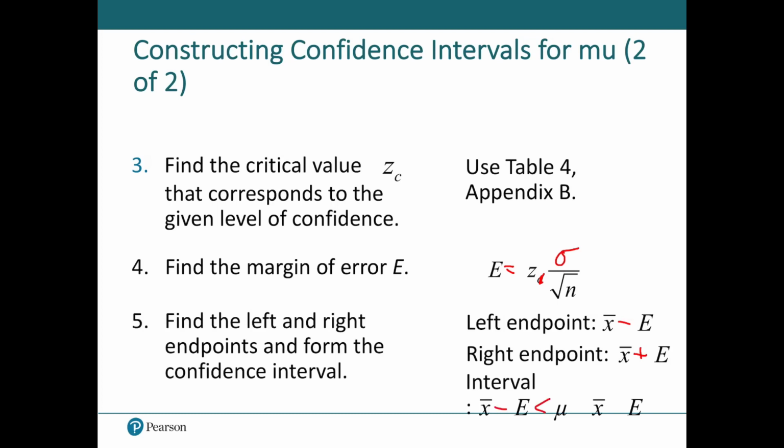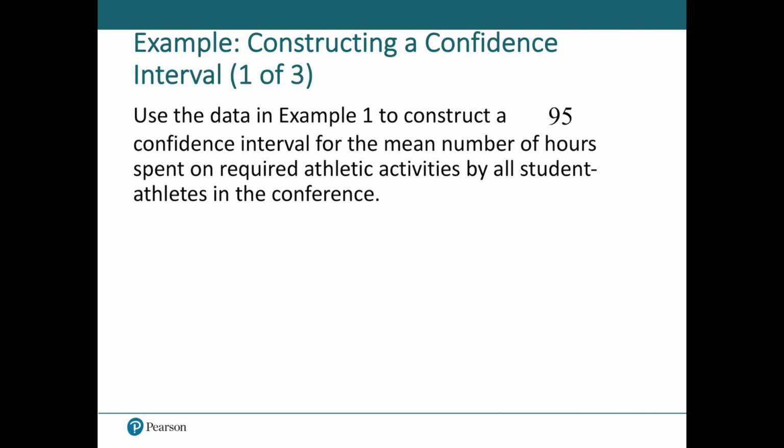Find the left and right endpoints. Form the confidence interval. So of course you have to subtract to get to the left and add to get to the right. And so we're really looking at an inequality form where mu is in between x bar minus E and x bar plus E. Always present it in that order. If you start with a large number first and the small number second, it doesn't make any sense. It's written backwards and it just looks kind of dumb. Are you saying that 10 is less than 4? I've had a lot of people try to tell me that, and I still don't believe them.